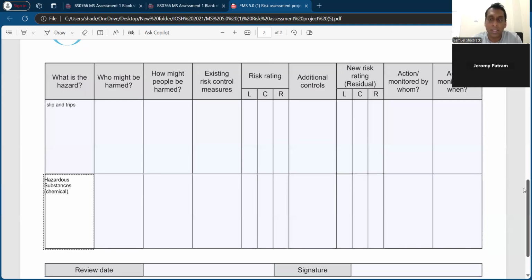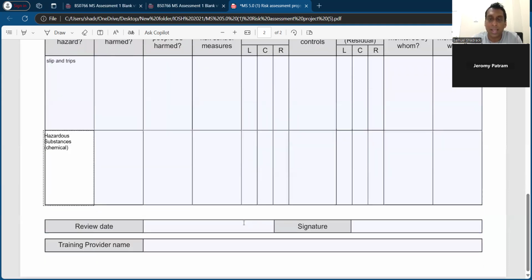Let me see. So the last piece of this, you put a review date. Now, normally by law, risk assessments are reviewed annually. Well, at least here in the region, right? Most of the OSHA said that, but in the UK they don't really say annually. They say regularly. But most people still interpret that to be annually,